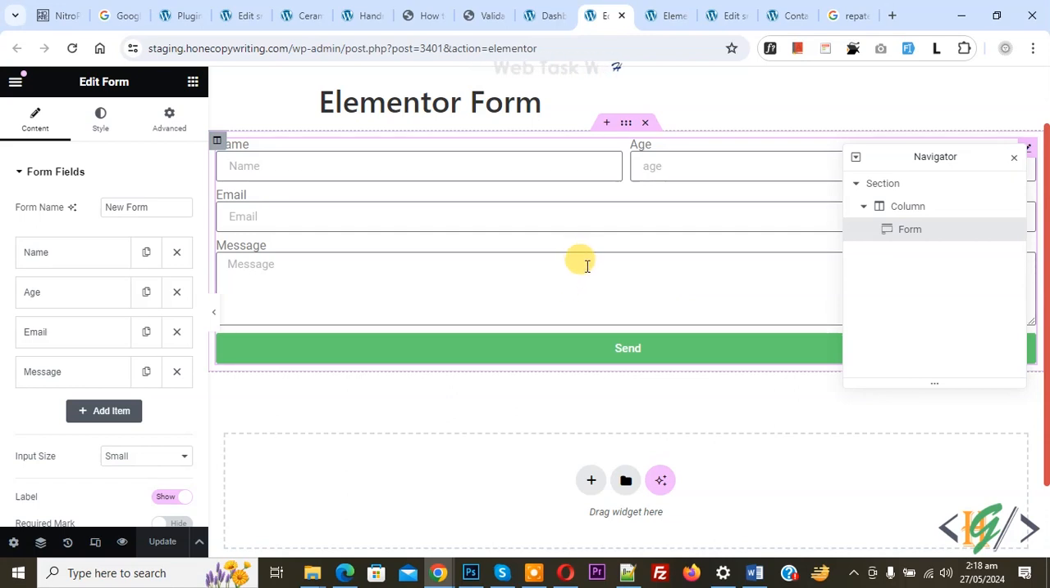Bismillahirrahmanirrahim. Assalamu alaikum. My name is Hassan and today we are going to add repeated field in Elementor Pro form